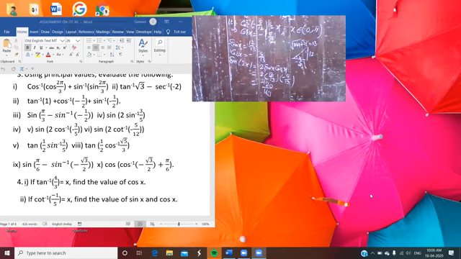So if the function is like that, first of all you have to assume the inverse trigonometric function as x and check in which form your function becomes, and you have to apply the formula accordingly, and no doubt you can very easily find its value. Okay, so your next question.